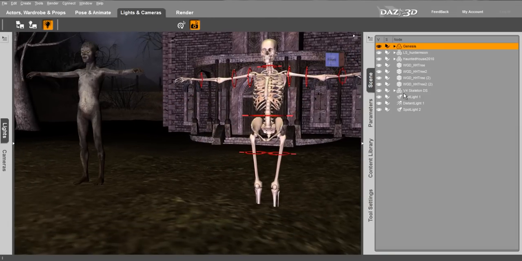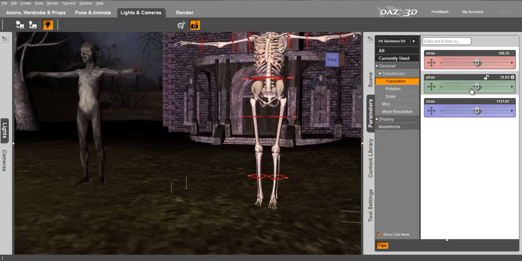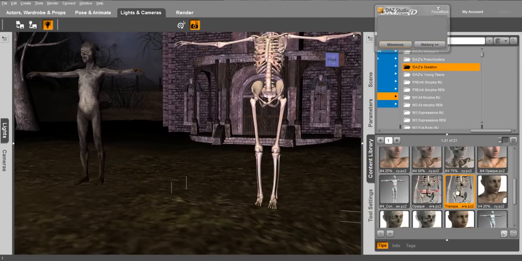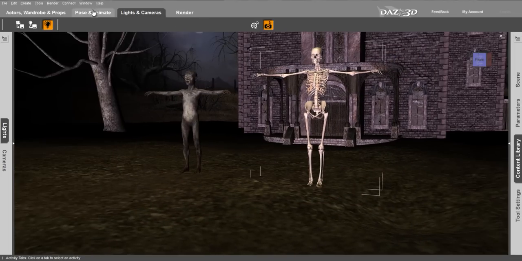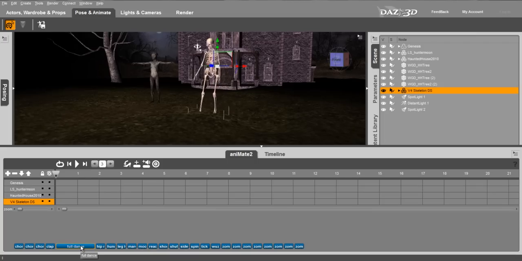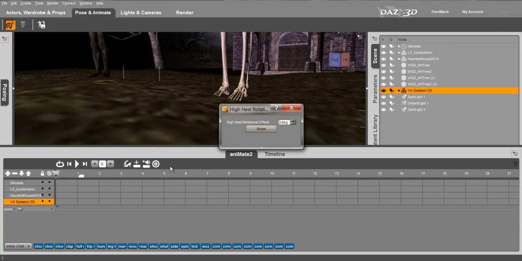So we're going to move the skeleton up, make sure it's standing on the ground, and also we want to turn off the helper handles, and that's just a setting in the content itself. Now we want to move to the animation portion of it. You'll notice that as you select a figure, and you hold over these animation blocks, you can actually see the figure do the animation. Here the toes are going through the ground and we want to adjust those, so you hit this little high heel shoe icon and adjust to the angle that you want.